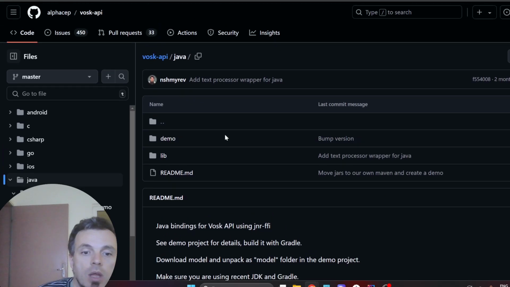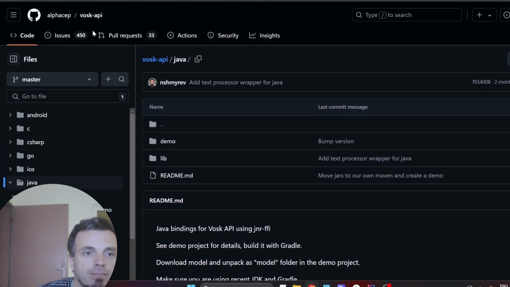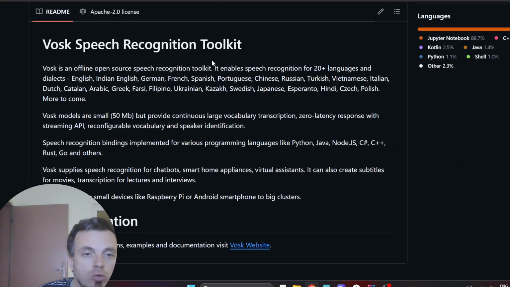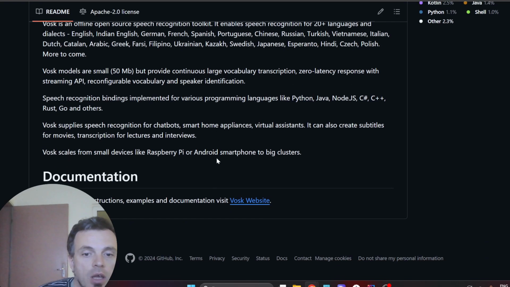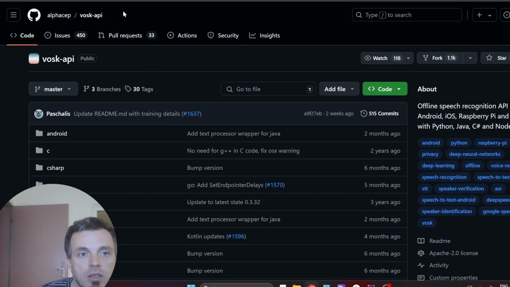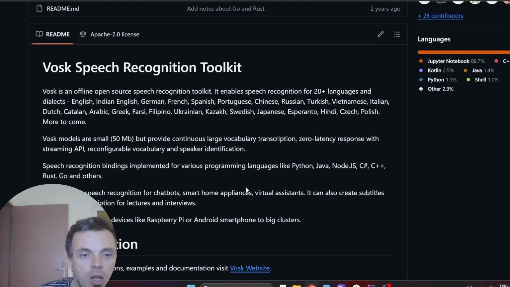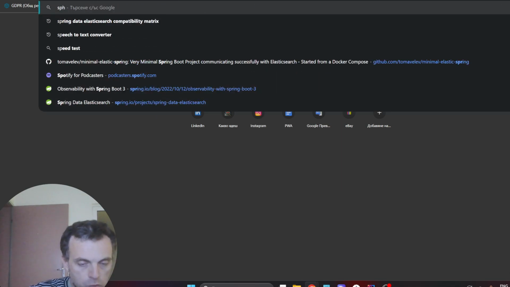So basically, I found a guy that creates voice to text APIs and this works offline. And this is the Vosk API, which is using the mathematical transformations that are implemented with Sphinx, with the Sphinx